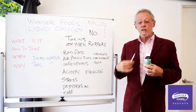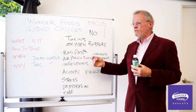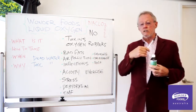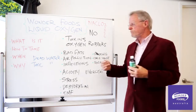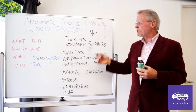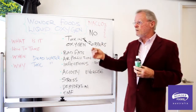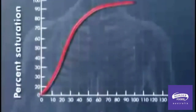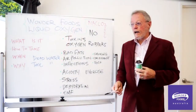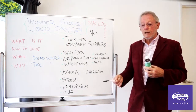But there's also a cleansing effect, and so as a direct consequence of that, people have less irritation in the upper mucosal area, and then they generally can breathe better. I would take the liquid oxygen with me when I travel, because again, you sit for long periods of time, and we know that we can raise the partial pressure of oxygen in our blood by having 5 millilitres of the oxygen, and it will hold us for 2, maybe 3, up to 4 hours,